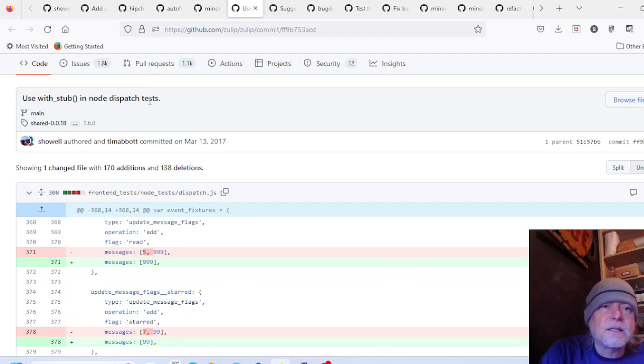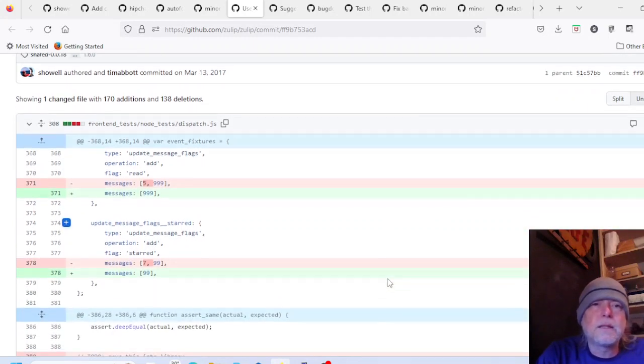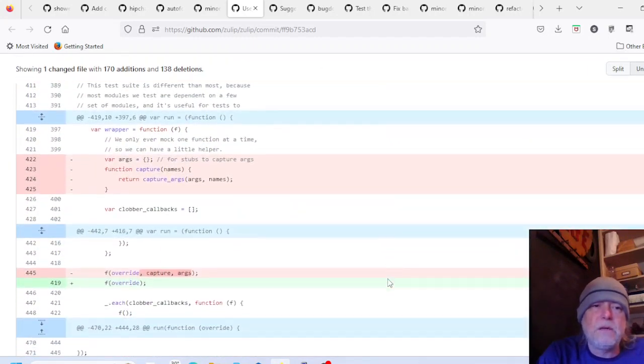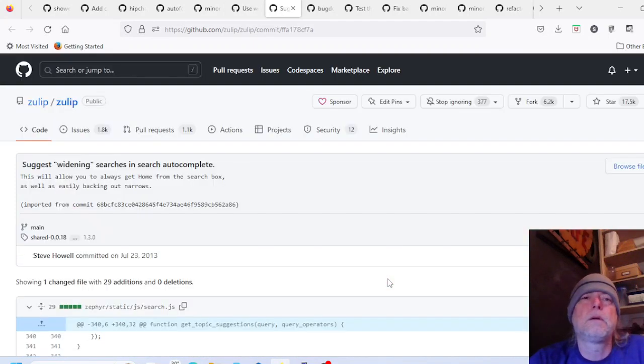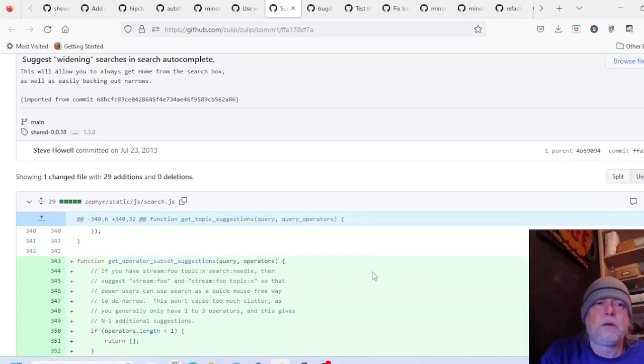This is a testing change, and this is actually a fairly deep change to how we unit test our Java code. This is a feature-related change. I think this is the first change where I'm actually improving a feature. And